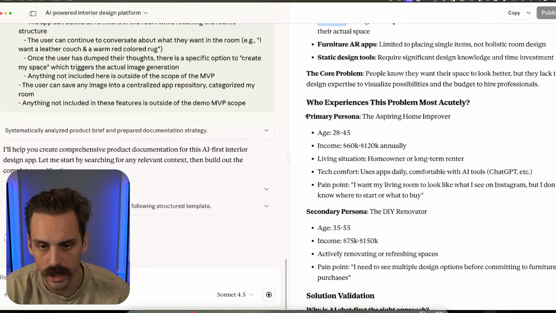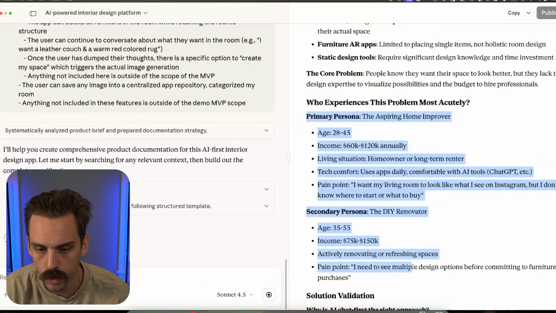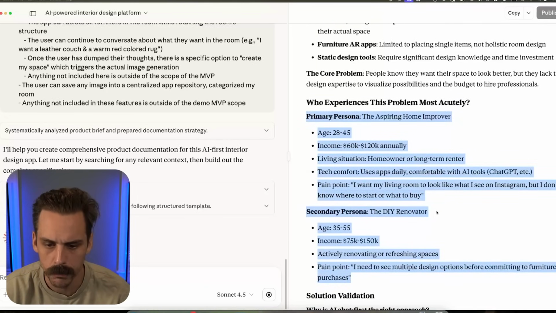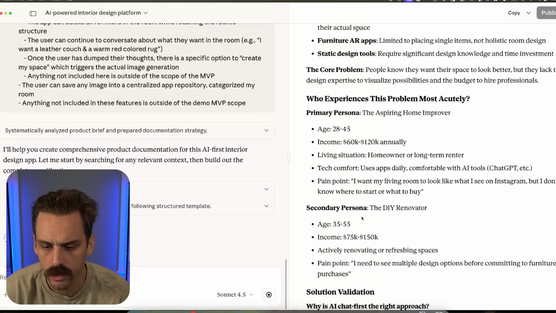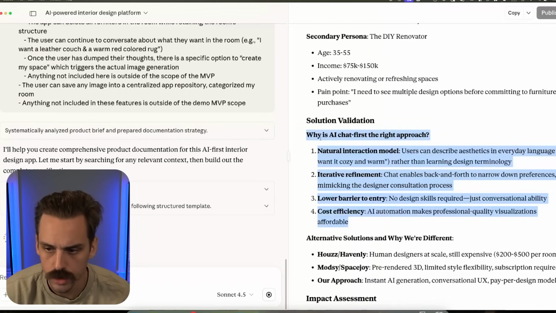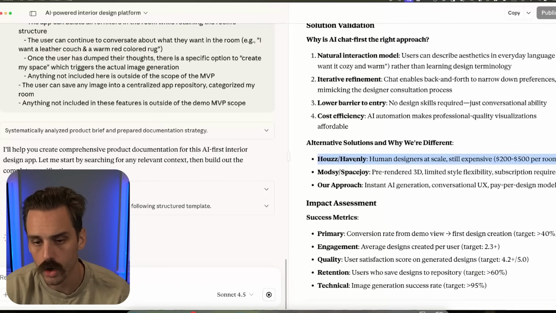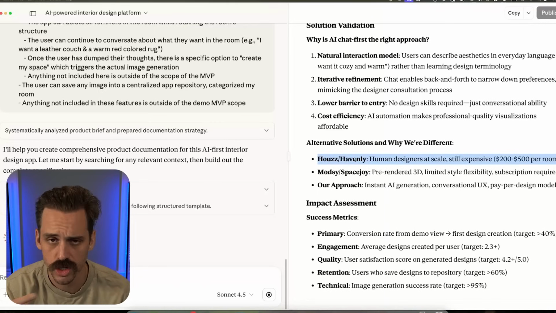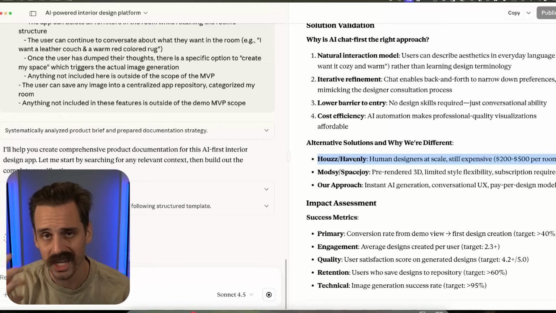Then again, it's fleshing out our user personas a little bit more. So the primary persona, the main user for the app, and then also a secondary persona of someone that will use the app. It thinks a little bit about, is this solution validated? It talks about alternative solutions, right? So these are going to be competitors that we need to make sure that we are aligning against the features